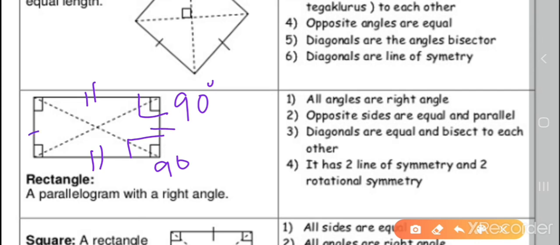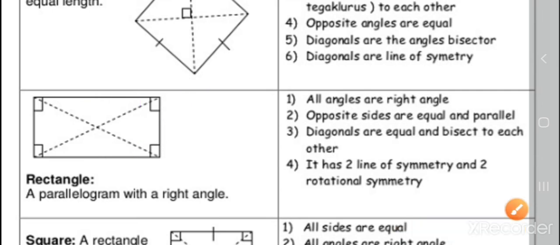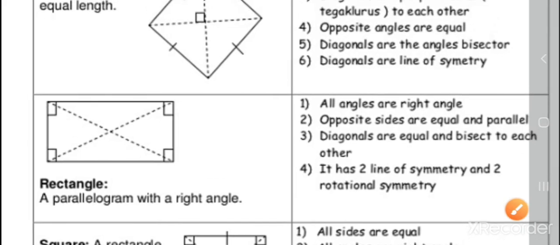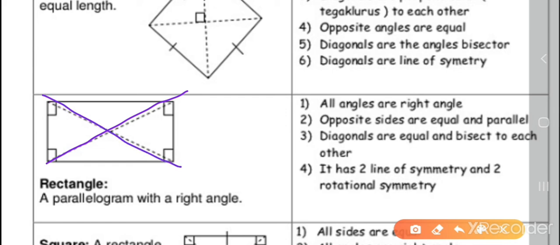Diagonals are equal and bisect each other. The diagonals will be of what? Equal length. If this diagonal is 5 centimeters, this diagonal also will be 5 centimeters. Diagonals are equal and bisect each other. Okay, so same as what I told, bisect each other means 10 centimeters totally, so here it will be 5 and